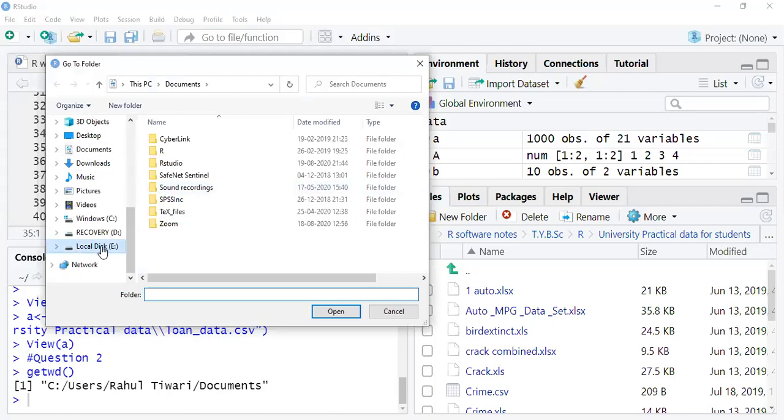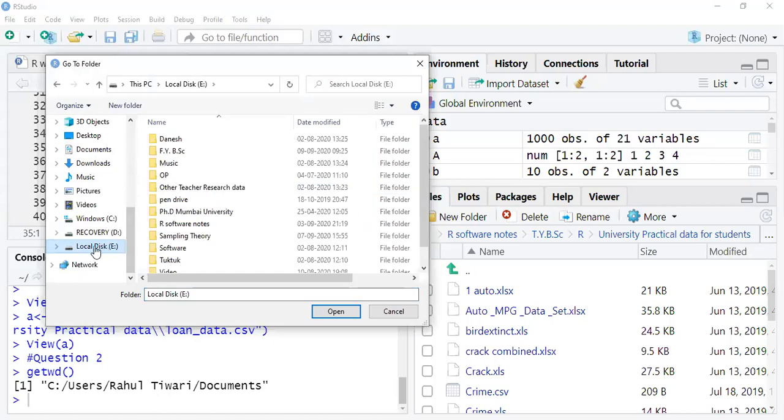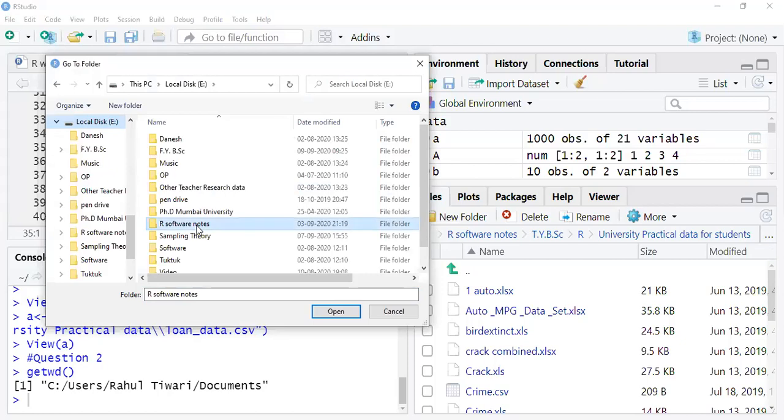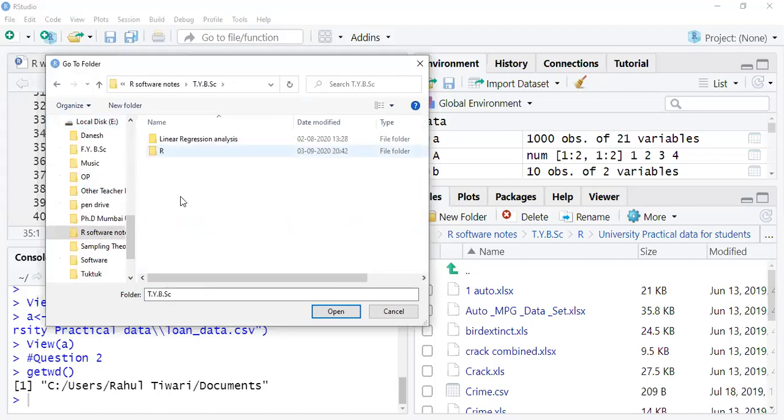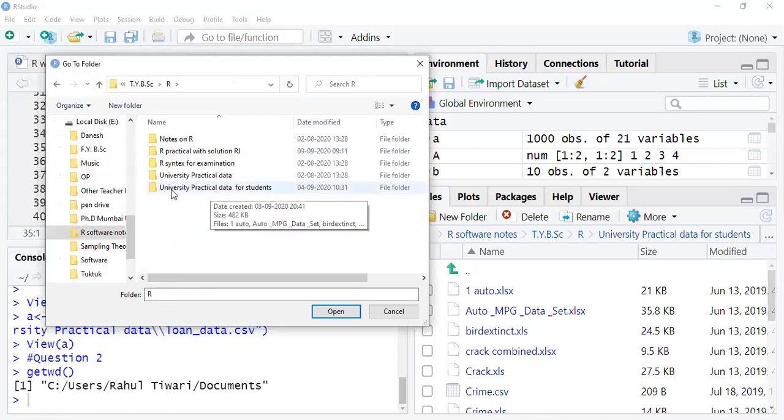So you can just go to the path where I have saved all my data, in E, then Arts, maybe that particular folder. The same data, this university practical data for students, I have uploaded in Canvas.